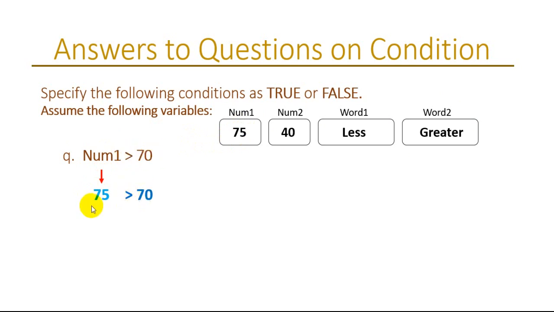This is part of the expression. So what we are actually comparing when you say num1 greater than 70 is 75 greater than 70, because num1 is 75. So 75 greater than 70 is true. So this expression, comparison or condition, num1 greater than 70, is true if num1 is 75 in this case. If num1 had a lower value like 40 or 30 or some value smaller than 70, then this would become false. But in this situation where num1 contains 75, this condition is true. This is how it's evaluated. Okay. So let's